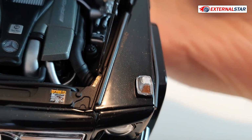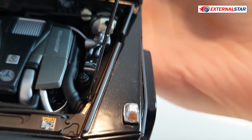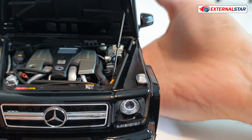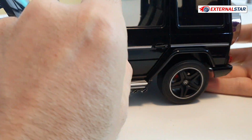Maybe also the car code is here, or I don't know what else, but really many small pieces here. I think it deserves 10 out of 10 for what we see under the hood. So the whole engine bay is perfectly done. But let me now continue opening,